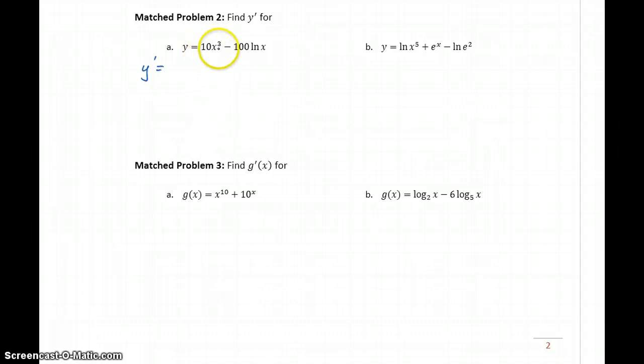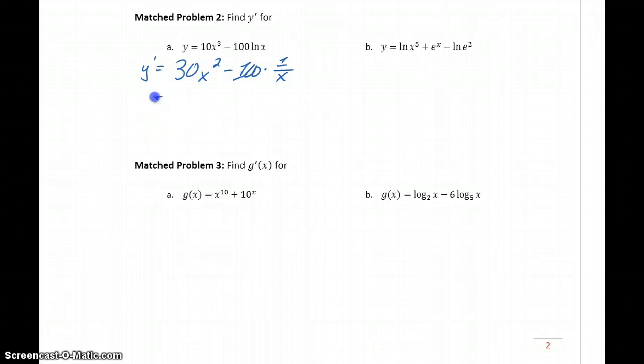So we start off in part A with the derivative of a log function, making this 30x squared minus 100, which is just a constant multiple, so that just comes down unaffected by the derivative. And then we need to differentiate the natural log of x. So the derivative of the natural log of x is just going to be 1 over x,